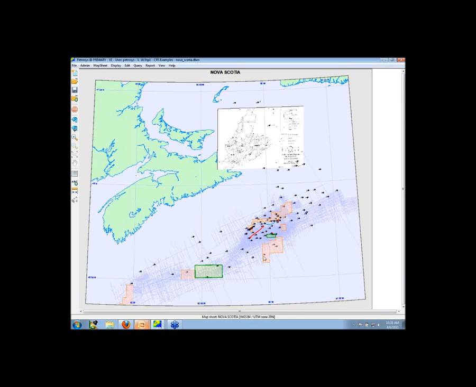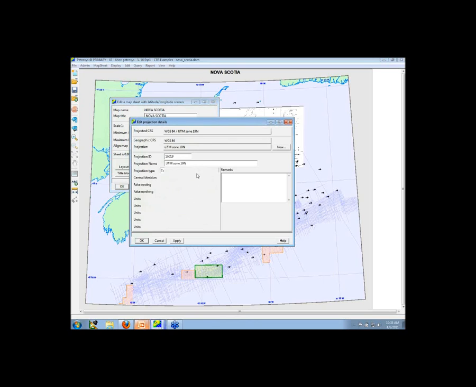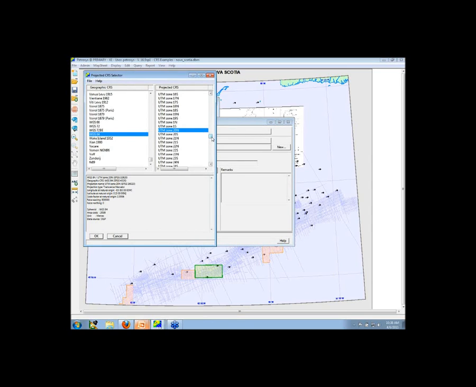Right now I'm looking at everything in 20 North, but I want to look at stuff in its original 19 North projection. It's very easy in Petrosys to go up here, change my view by editing the map sheet. I can move up to my map sheet, do an edit, take a look at my projection details again, UTM Zone 20 North, and whenever I click that button, it shows me a whole long, big list of the different geographic CRSs I could be using. So we're using the WGS84 on this side, and then all of the projected CRSs that I could use along with that